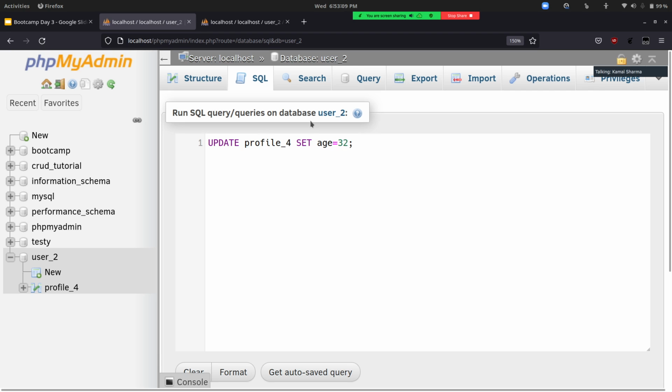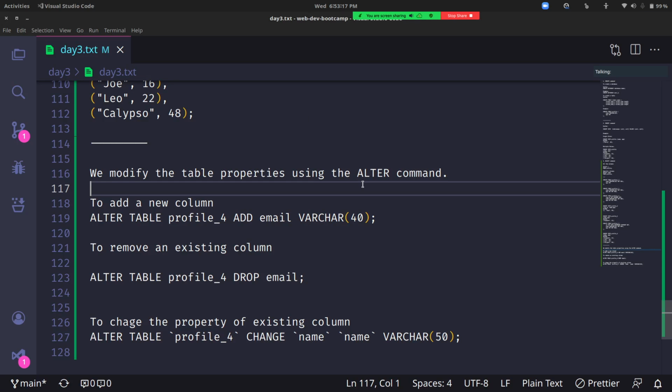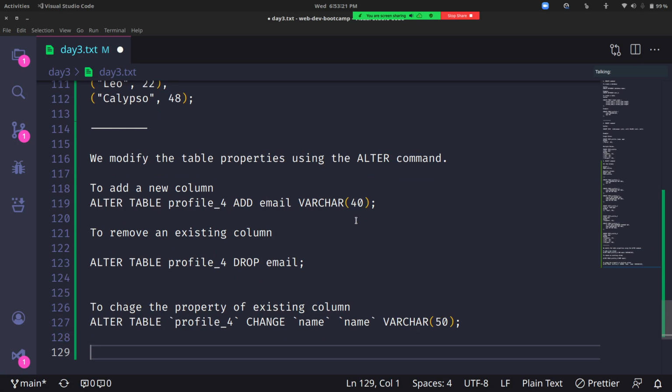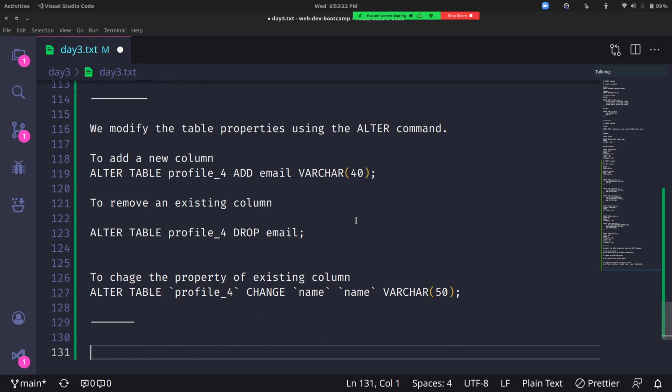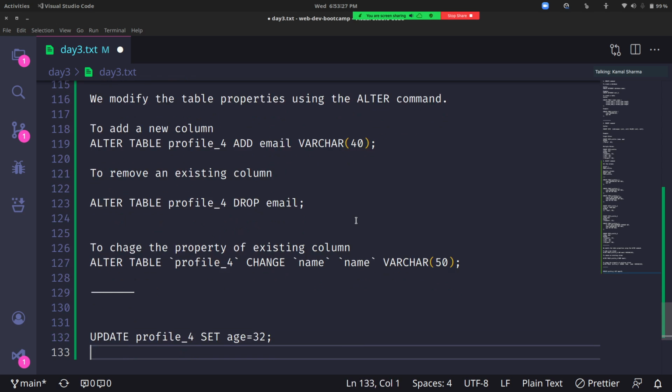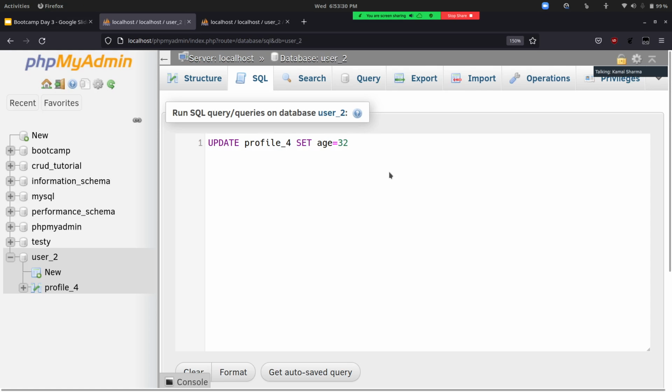If we just do this, and if you don't specify the where, what happens? I'll just copy this command first, and paste it over here. I'll tell you what happens if I don't specify the where. I'll execute and show.